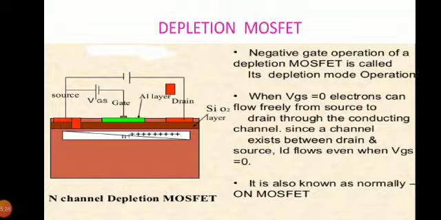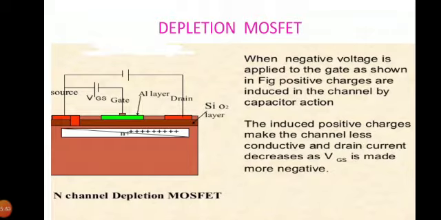If we apply a negative gate voltage, as you can see in this diagram, the negative charges on the gate repel the conduction electrons from the channel and attract holes from the p-type substrate. This initiates the recombination of repelled electrons and attracted holes. The level of recombination between electrons and holes depends on the magnitude of the negative voltage applied at the gate. And this recombination reduces the number of free electrons in the channel for conduction, reducing the drain current. In other words, due to recombination, the N channel is depleted.